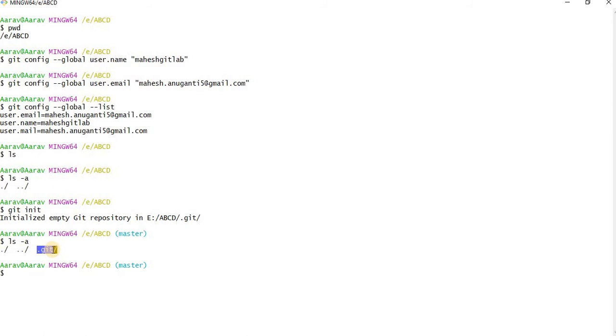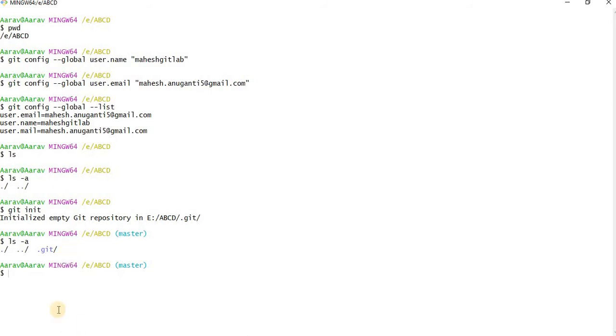What is this .git? Git init is git initialization. This command initializes the working directory as a git repository. This working directory should know its connections, where I have to push the code. To establish the connection with the remote repository, we need this.